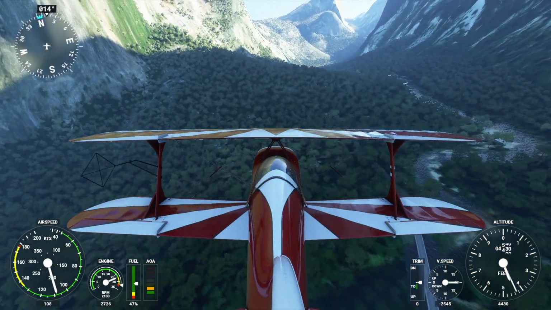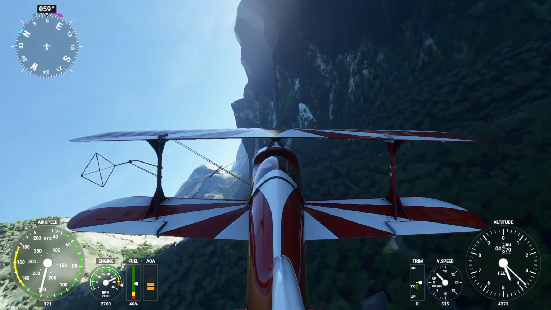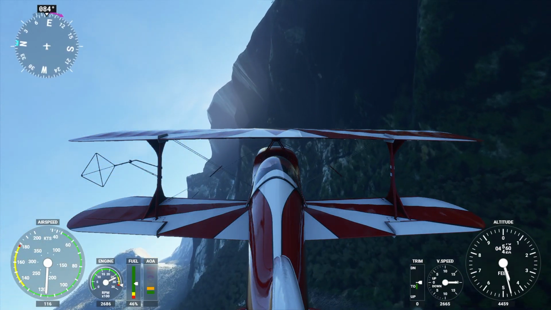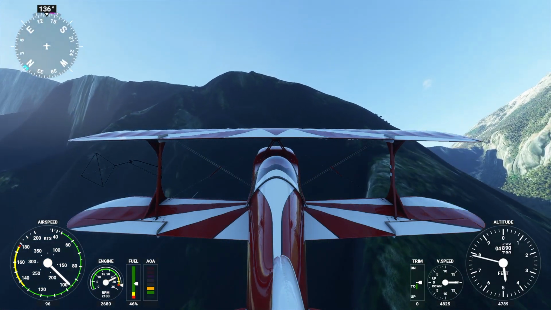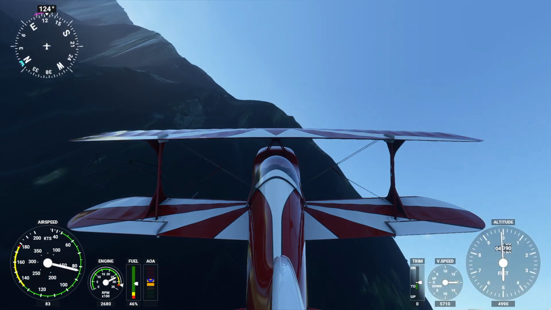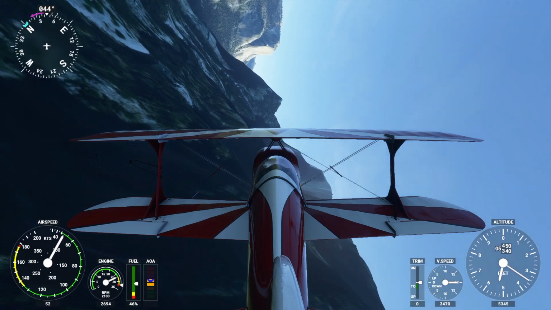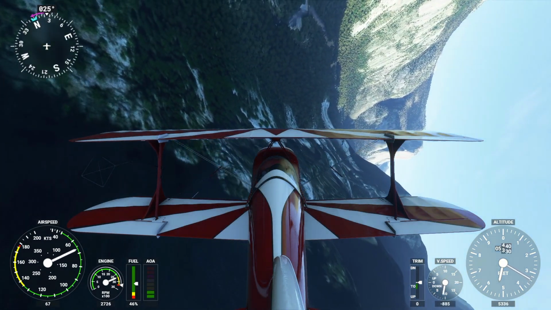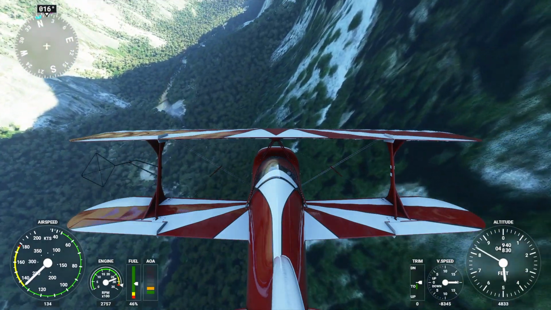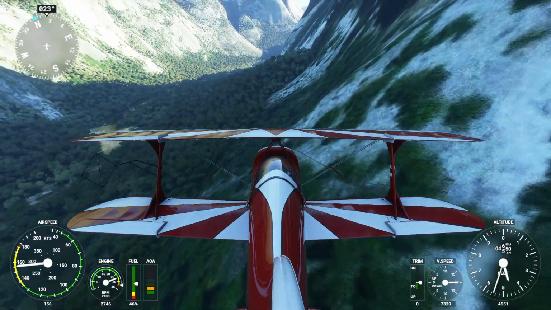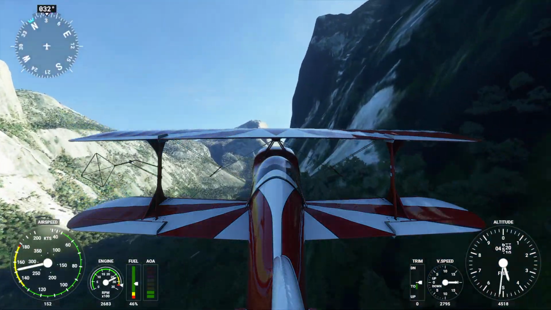Water's really pretty. That goes way back up into the back end of the valley. Let's see how slow we can get over the top here. Just kick the rudder, bring it back around, go down the face a little bit. You can see some of the trees are in the texture there, but